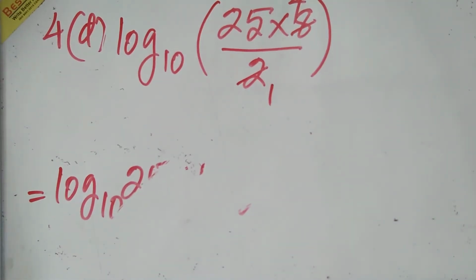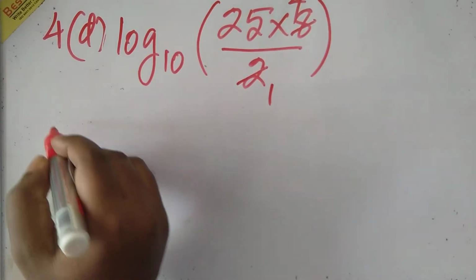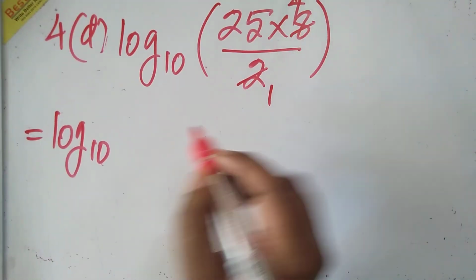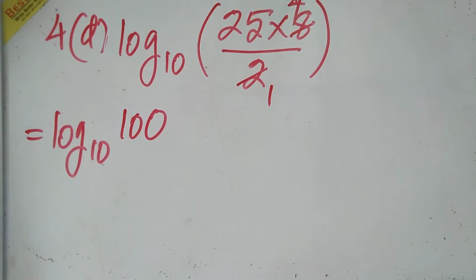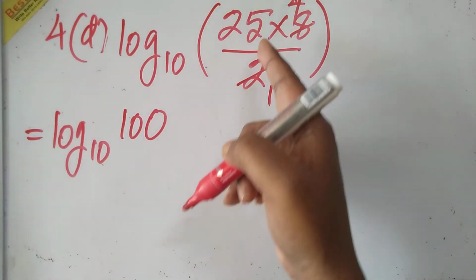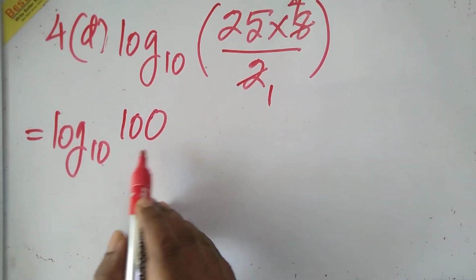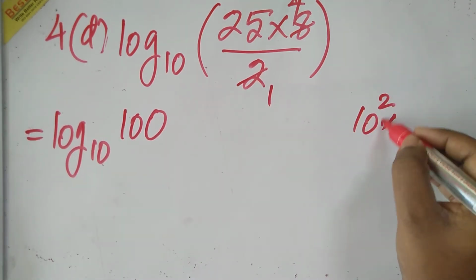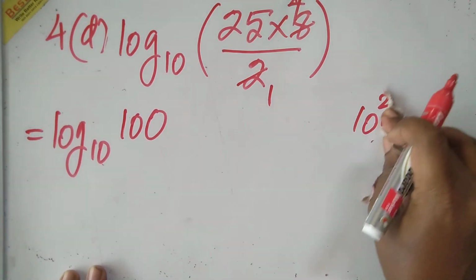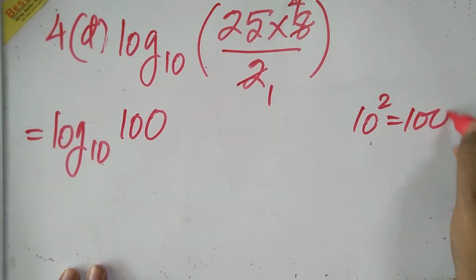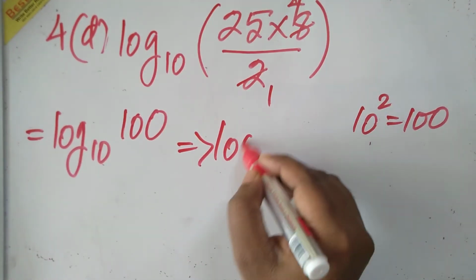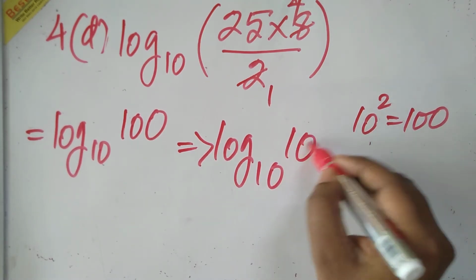I'll quickly erase so that we can solve it further. Right, so it is equal to log 10, and how much did we get? 25 fours are 100, right? Now 100 we can factorize by division method, right? Now 10 square, when we multiply 10 two times, we get 100, right? So here we can write this as log 10 square,